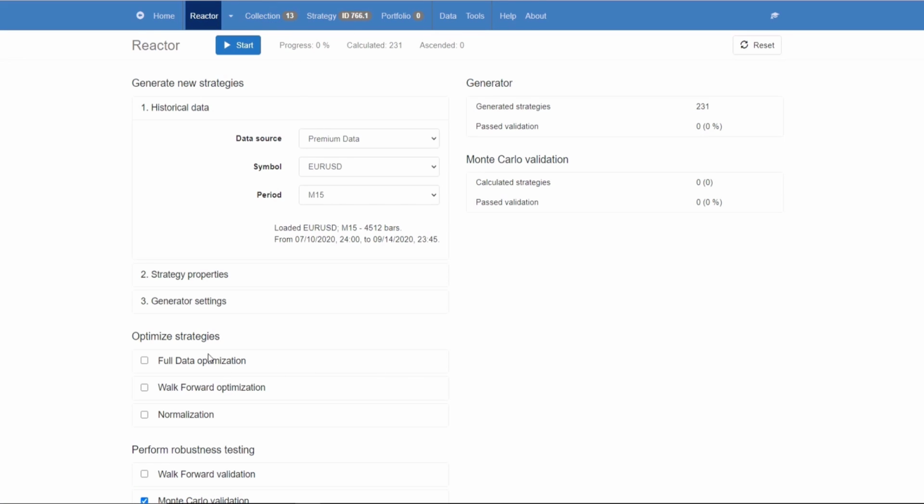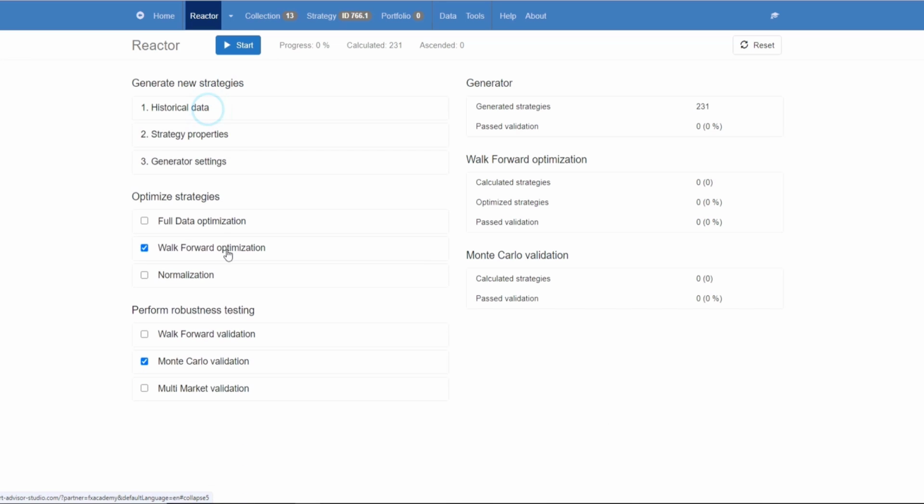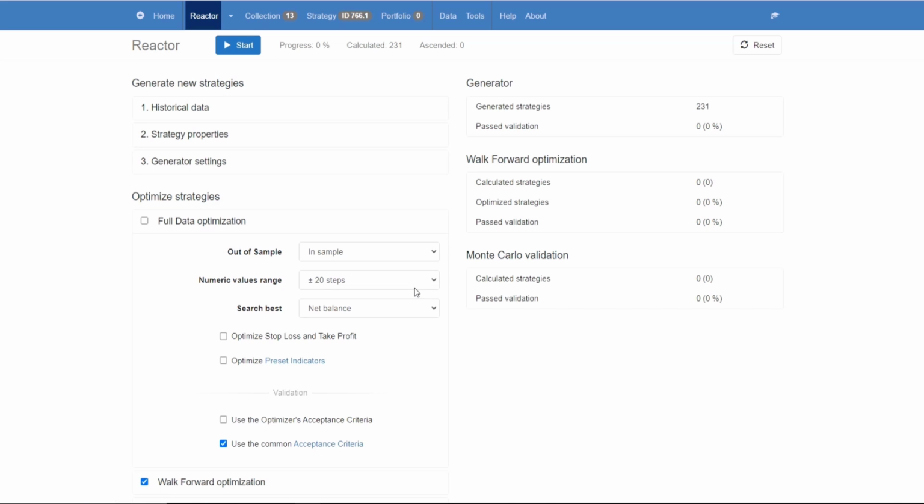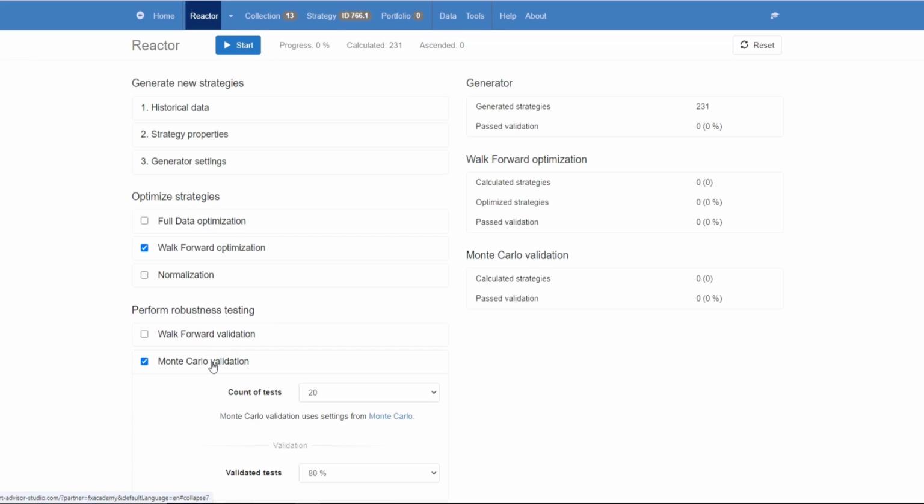If you enable or disable any of the optimization tools, what you'll see is that the statistics for those tools appear on the right hand side. So let's take a closer look at how the automated trading software Reactor works. You can set specific criteria and out of sample parameters for the strategy. You can use different settings for your generator to optimize the strategies. In addition to this, the Reactor can validate the strategies using the Monte Carlo and the multi-market tools. And only if the strategies pass these validations with no exceptions will they then be added